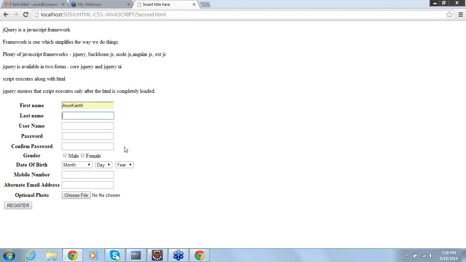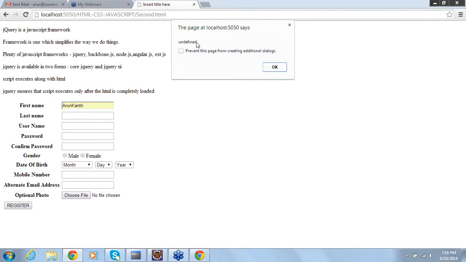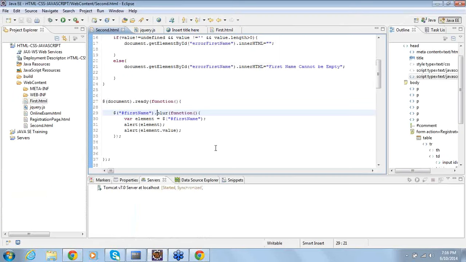Okay. So what is happening? What is the value in the text field? Arun Kant, right? But you get object, but you get the undefined as it, right? So the reason is it is returning an array of object or something like that. So when I say, that is the reason what I do is,